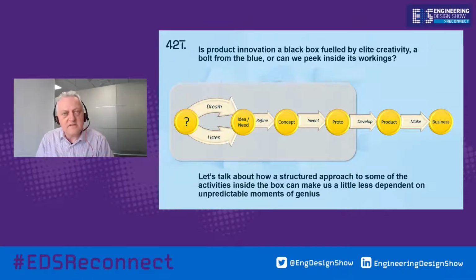But they also need to listen, because if you dream up future products in the absence of a true understanding of what customers want, you're probably not going to be completely successful. And so I've drawn in parallel a second stream there, which is about listening to customers. Now, it's not always literally listening, but it's about getting under the skin of how customers feel about products, what their unmet needs are, and trying to capture those needs in a structured way, so that once you've got some ideas about what the future products might be and an understanding of what the unmet needs are,